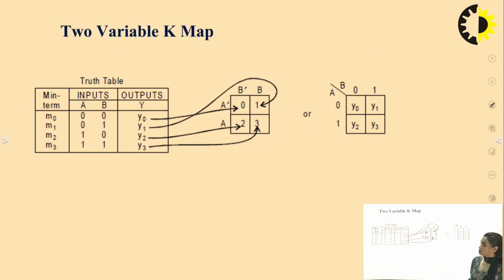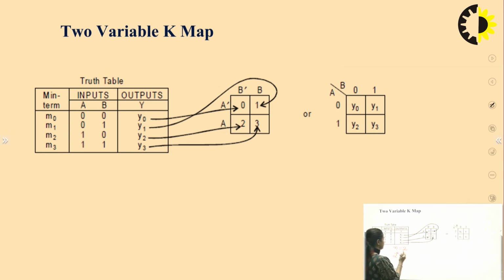Now the question is what kind of K-maps we are talking about. A K-map can be made of 2 variables, 3 variables, 4 variables, 5 variables, up to 6 variables that we'll be taking in this class, right? Let's take the example of the simplest form of K-map, which is a 2 variable K-map. In a 2 variable K-map, as we know, how do we represent the number of possible combinations in digital electronics? If I have 2 variables, n equals 2, and the number of possibilities is represented by 2 to the power n, right?